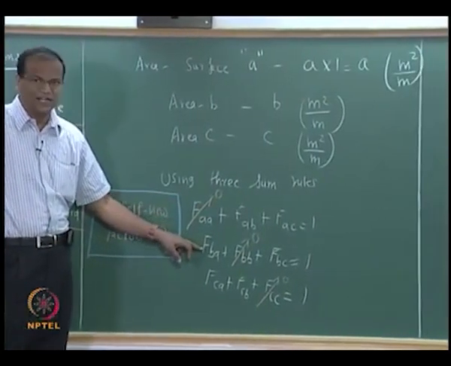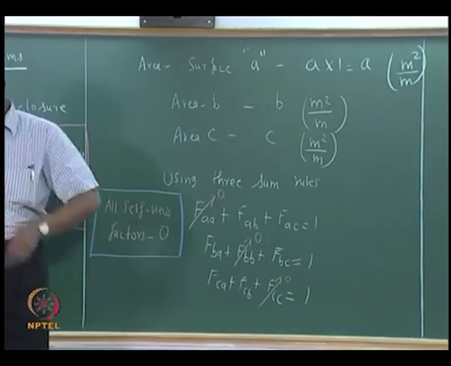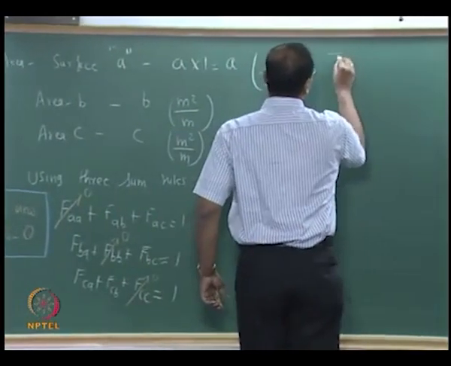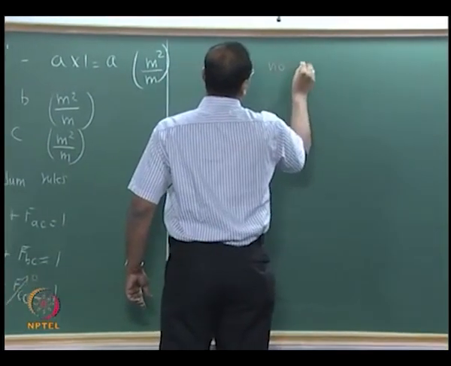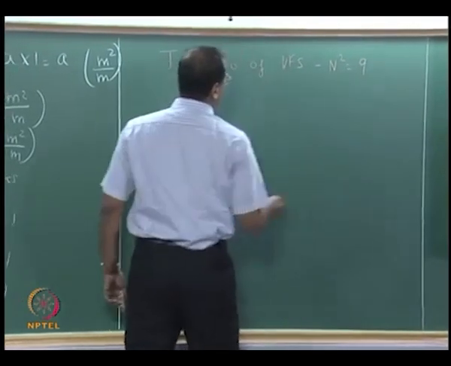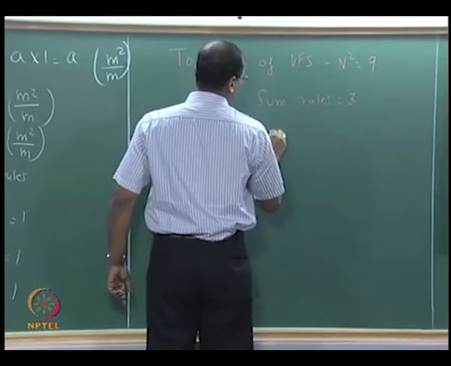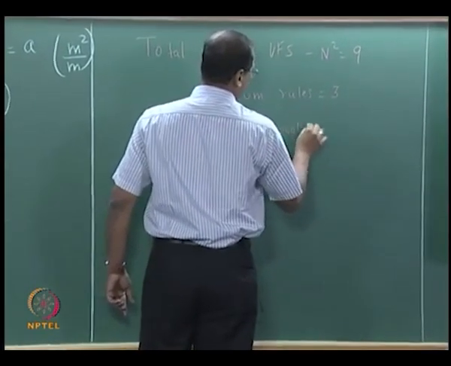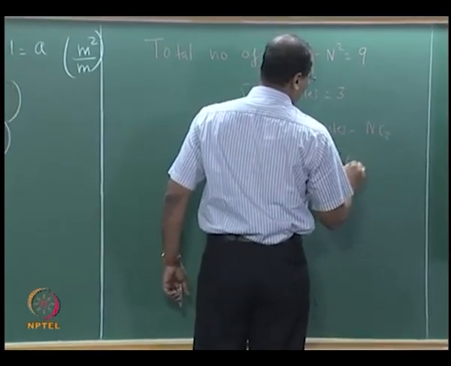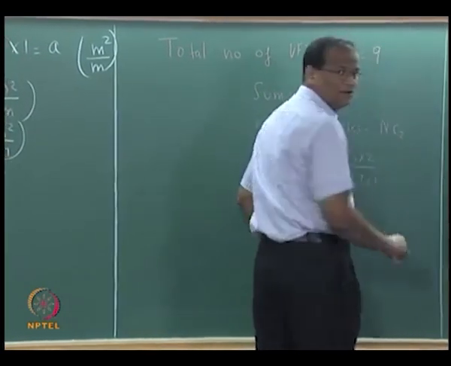By the same token I can write down the summation rules for surface B as well as for surface C. So, totally